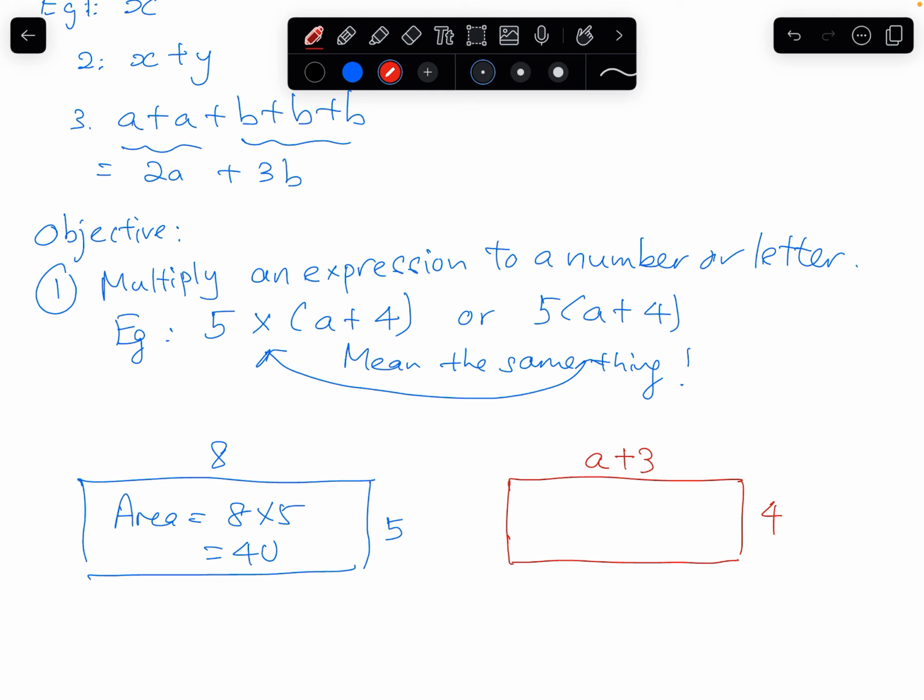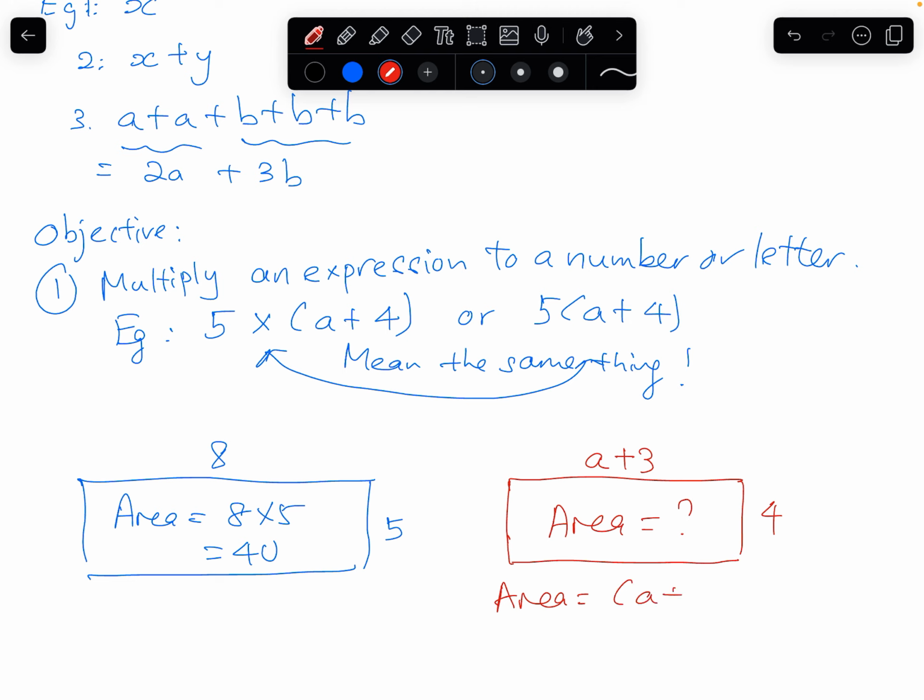Now, so how do we find the area? Does the area need to be in the form of a number? No, of course it's not going to be a number, because we got a as a term in one of our lengths. So it is expected that the area will have a in it. So the area, if we write this in algebra, we can actually write this as